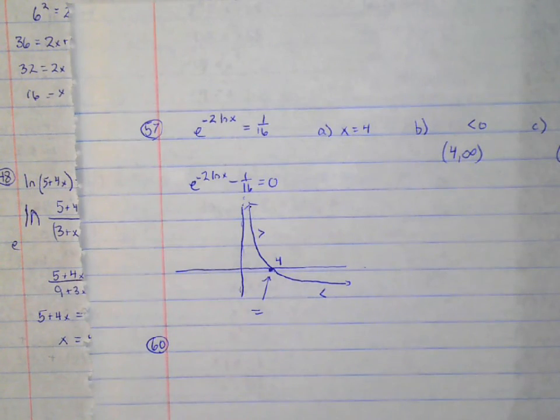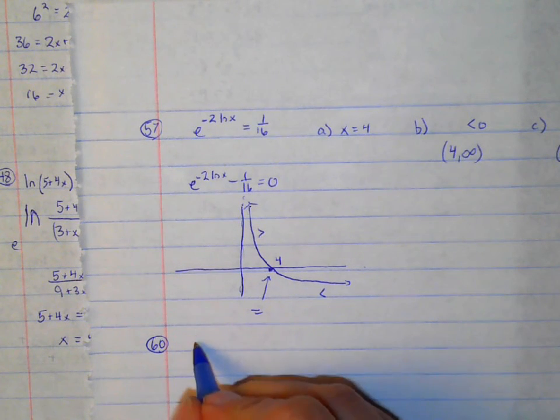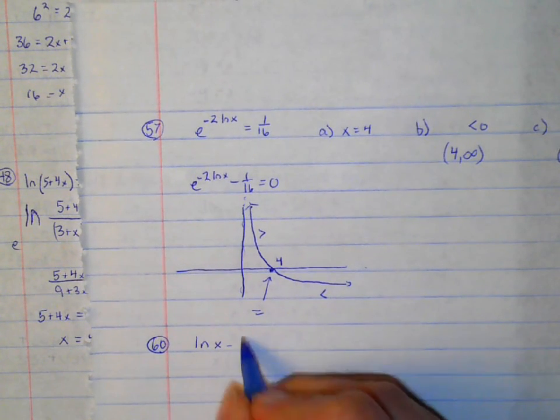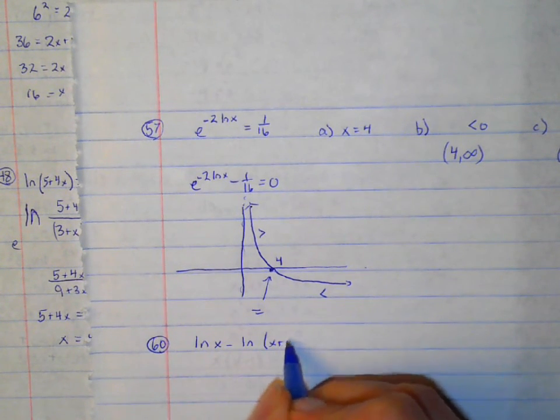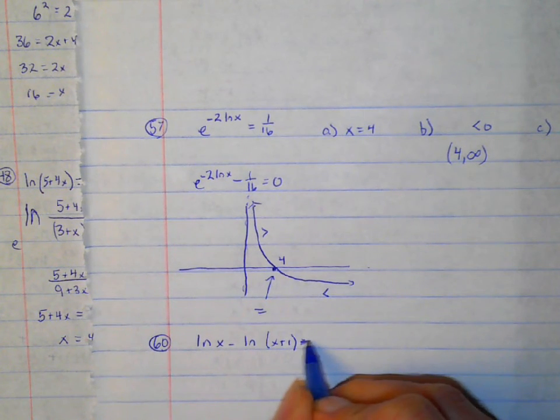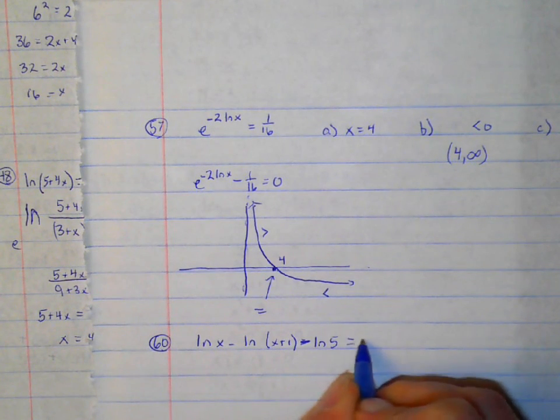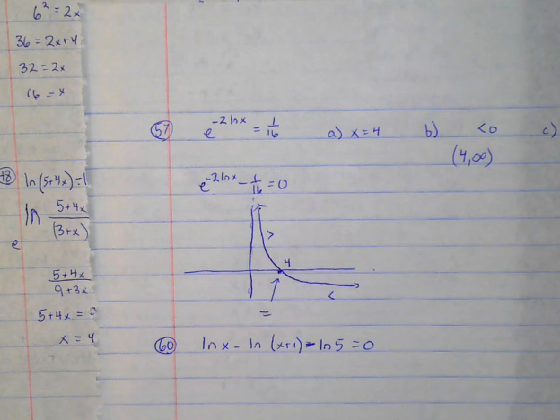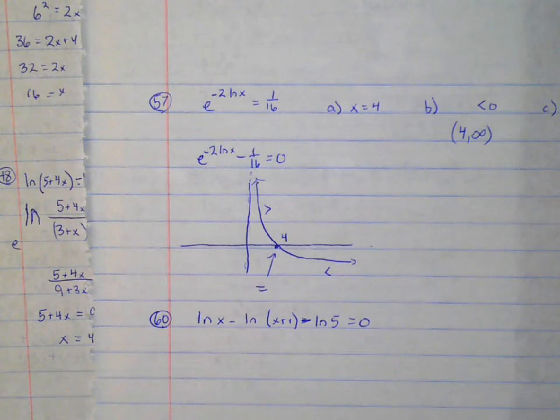Use a graph to explain why this has no solution. Okay, so I'm going to take this and graph. I'm going to subtract the ln and 5 over, so I have it equal to 0. And I'm going to look at that graph, and it's not going to cross the x-intercept. Then 1 second, let me graph it. Okay, so by looking at this graph